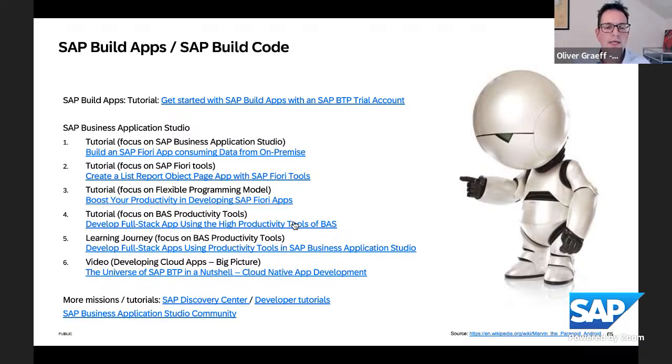For example, the productivity tools you see in this area, number 4 and 5. There's a hands-on tutorial and a learning journey to learn about specifically the productivity tools, which is most of what Tim showed in his demo, but also the other tutorials here. And again, there's much more tutorials at the bottom. I linked the Developers Discovery Center for missions and the developer tutorials if you want to search for more tutorials